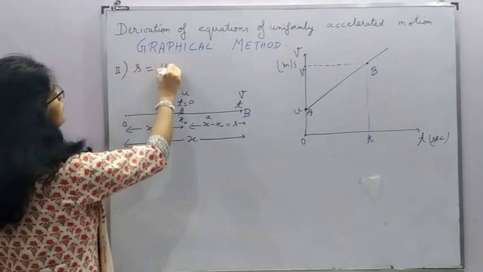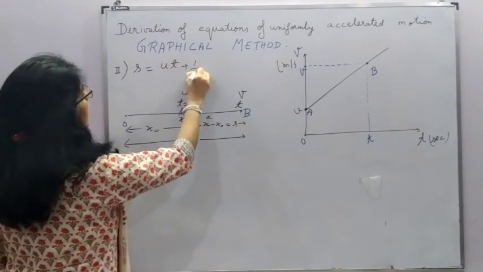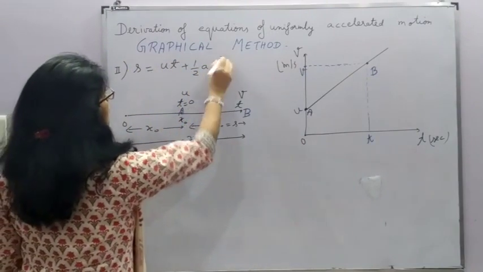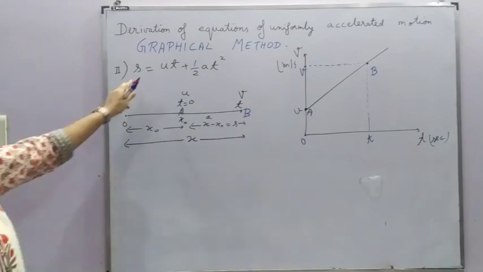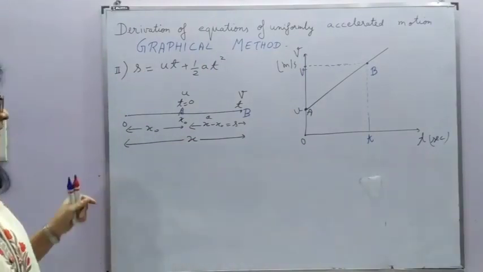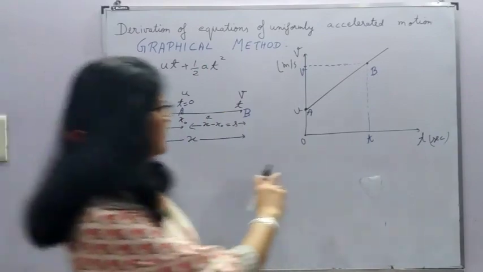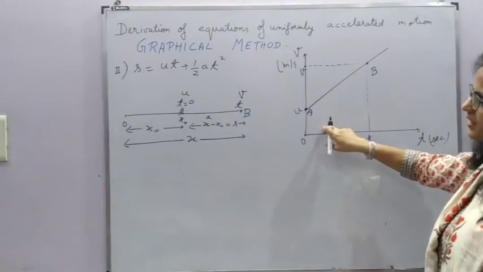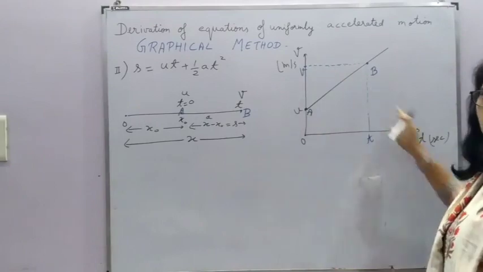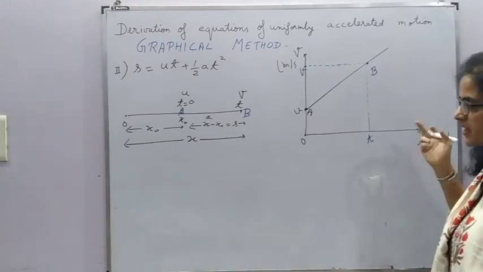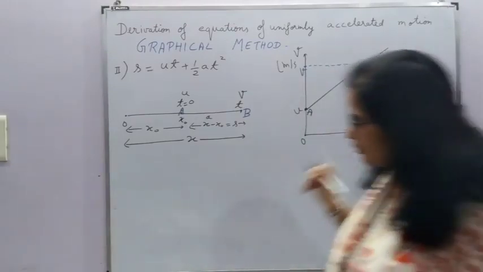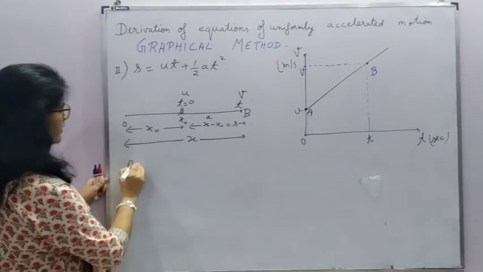Now we have to find the distance traveled during the interval 0 to t time. So in this interval, how do we find the distance, or the displacement, from the velocity time graph? We know that the area enclosed